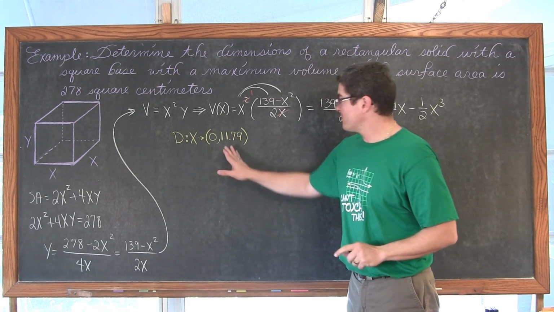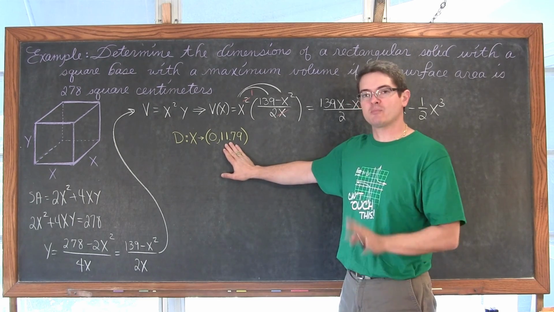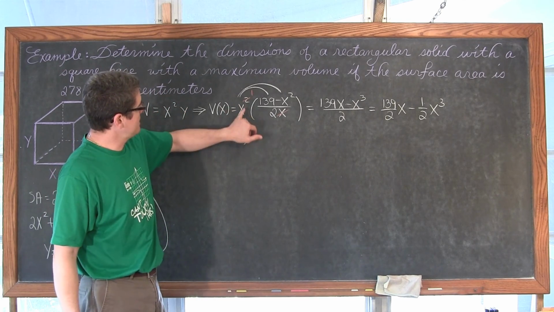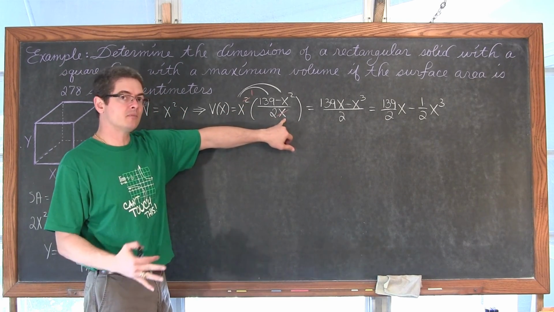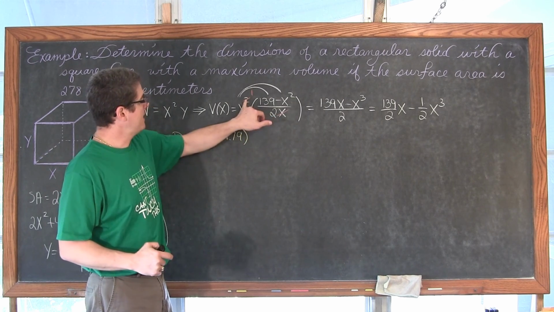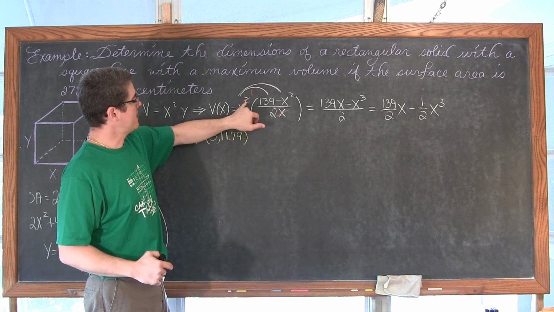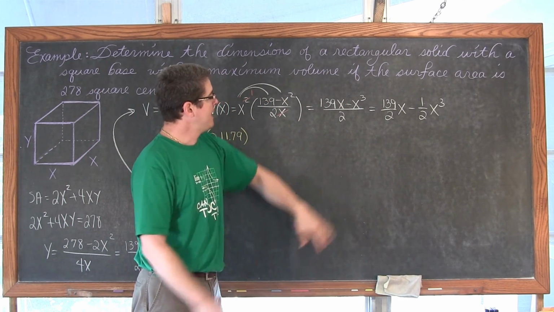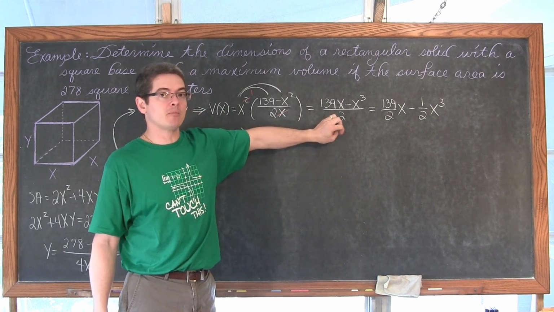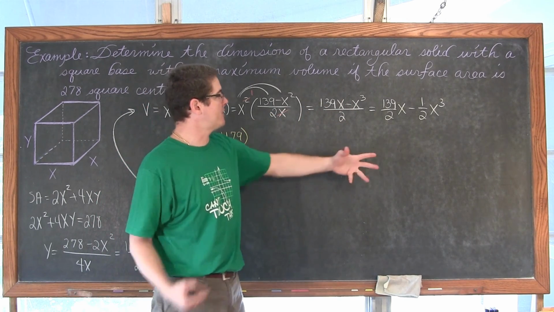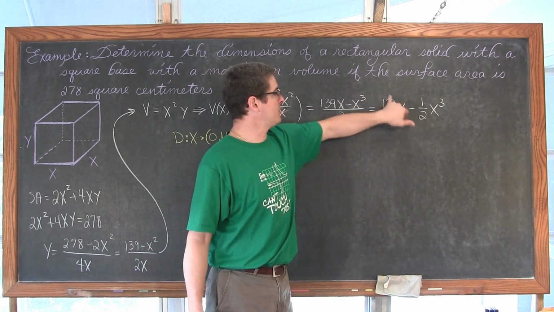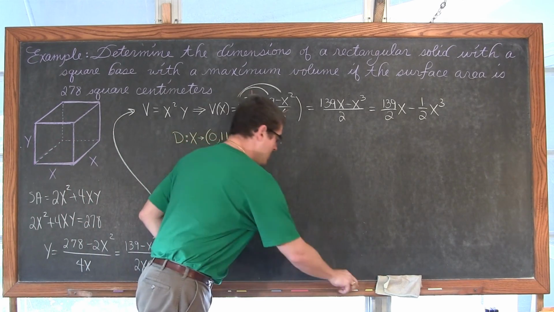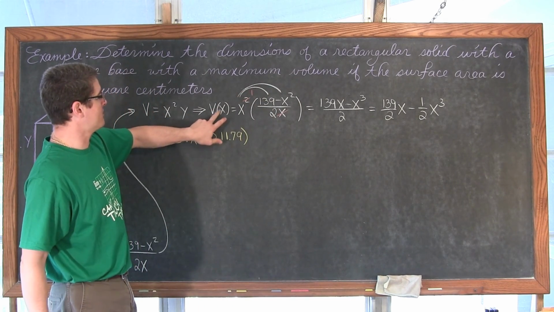So as you saw, we found an approximate solution for x, that it can approach approximately 11.79, so this is our reasonable domain. I took the x squared times the 2x in the denominator, or actually dividing by 2x, excuse me, and that cancels or reduces a little bit. I took that 1x that was left, distributed it through the parentheses. We have 139x minus x cubed. And again, just to clean this up a little bit more, to more easily find the first derivative, I took that and split it up separately. We have 139 over 2x minus 1/2 x cubed. So that means that we now have our volume in terms of x.